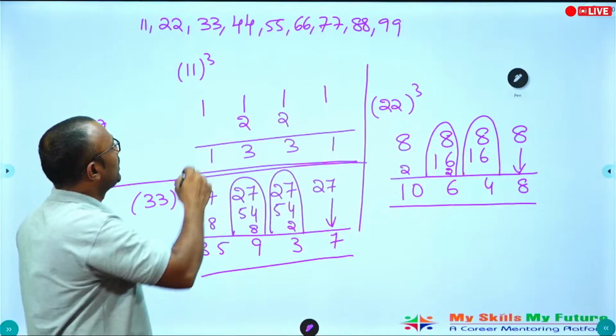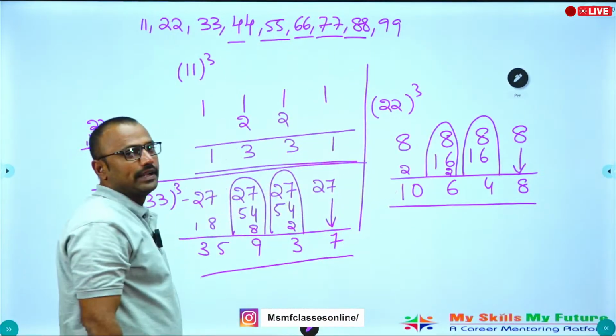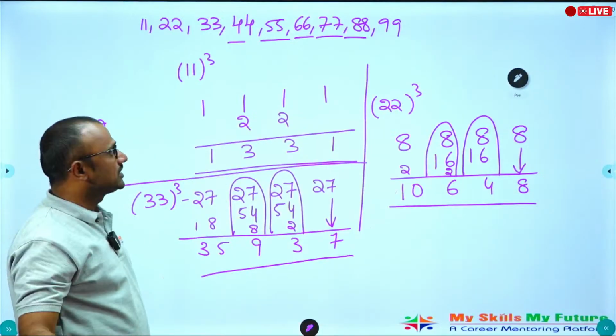This is how to find the cubes of 2-digit numbers having the same digit, okay. So, practice 44, 55, 66, 77, 88 up to 99. Next, one more